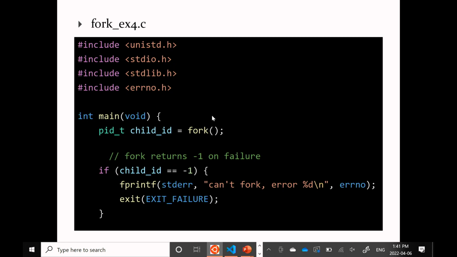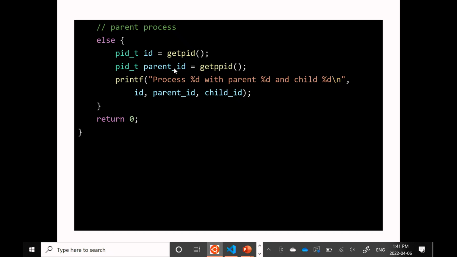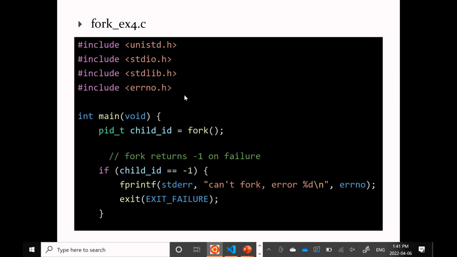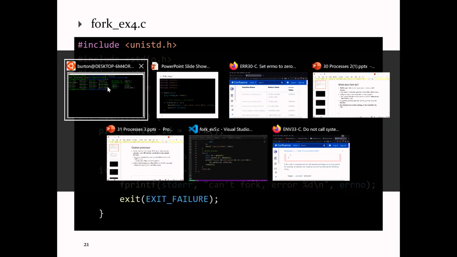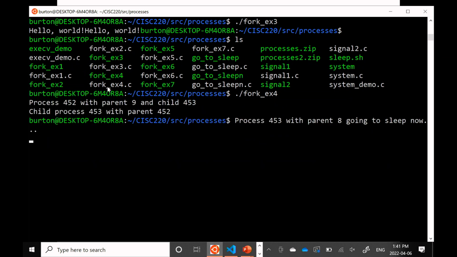So here's an example where we're going to fork a new process from the parent. In the child process, we're going to call the go to sleep program using execv. In the parent process, the parent is just going to print something out and then exit. Okay, so when you run that program,